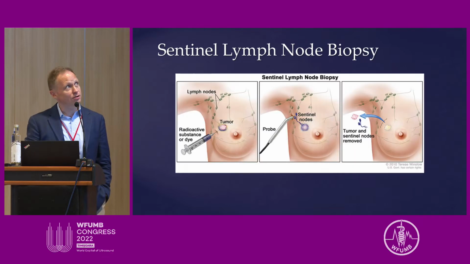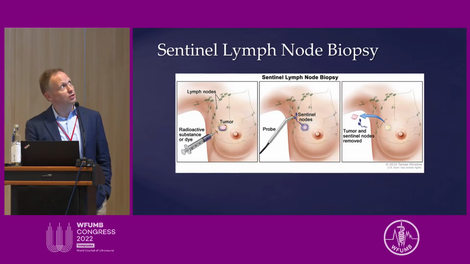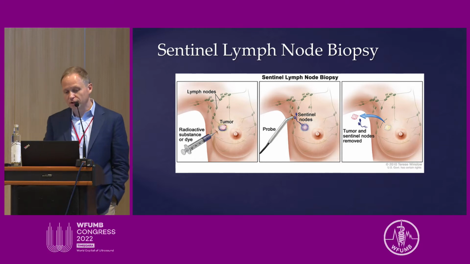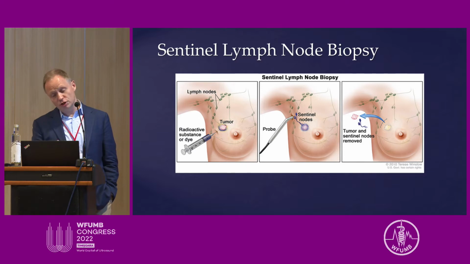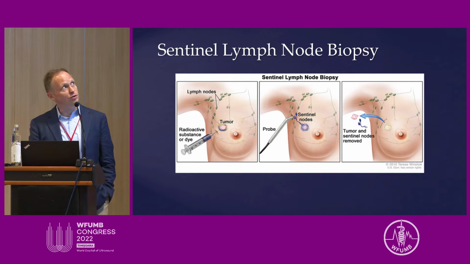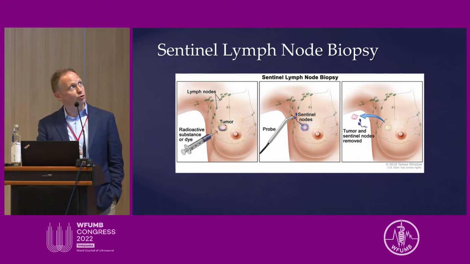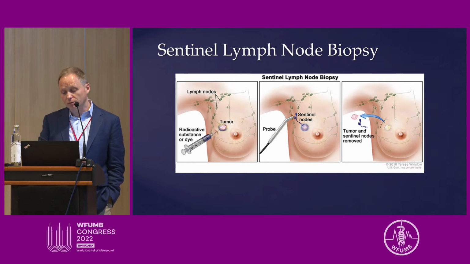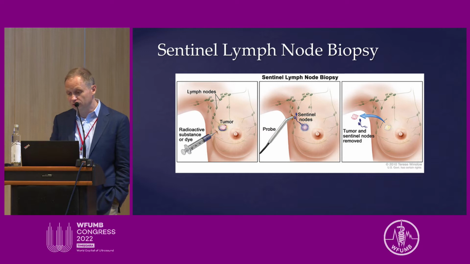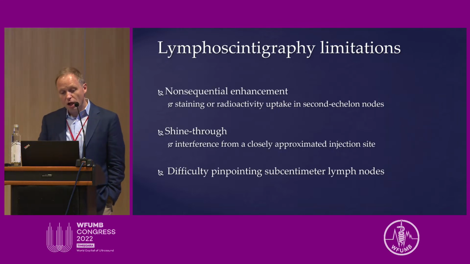The clinical gold standard right now is sentinel lymph node biopsy using radioactive dye injection. You can inject it in a tumor or around the nipple, in quadrants, then you use a radioactivity probe to find those sentinel lymph nodes. You take them out and you diagnose your sentinel lymph node involvement. Unfortunately,